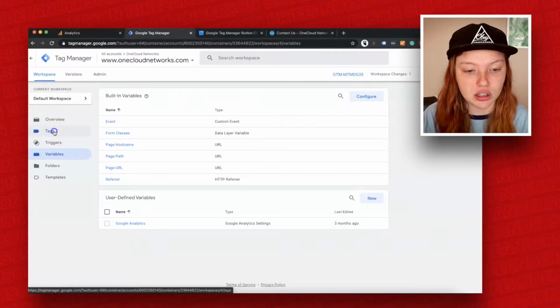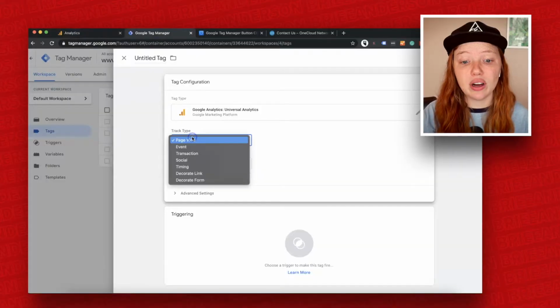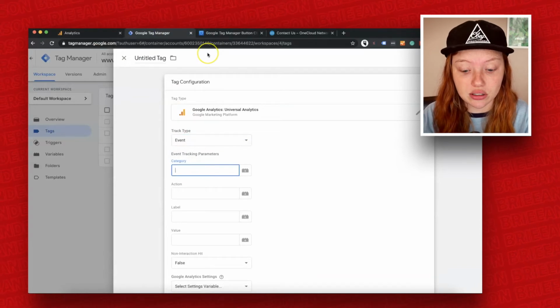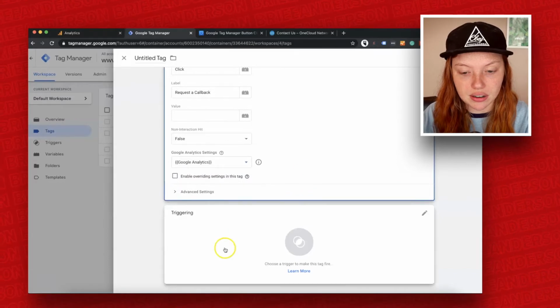So I'm going to go to tag, new, universal analytics, because I've not switched over to Google Analytics 4 yet. Now I'm going to select event, and the category is going to be button, action is going to be click, and the label I'm going to use is request a callback. I'm going to select my Google Analytics settings here,